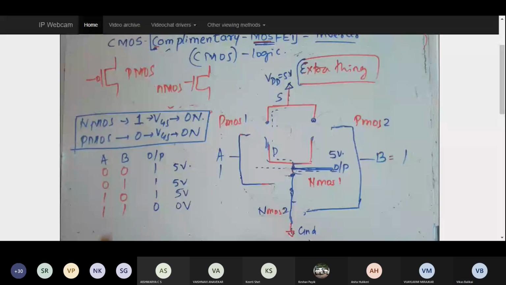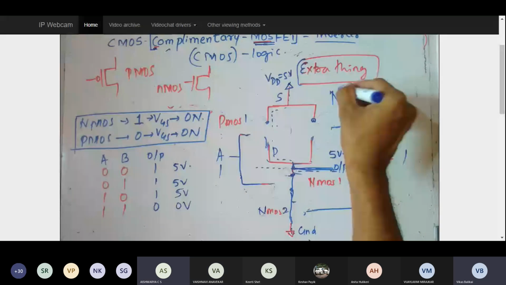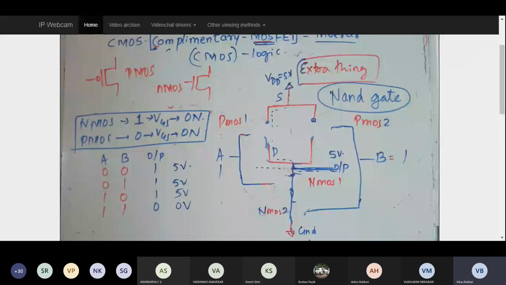Now, can anybody quickly tell me what kind of truth table it is? Exactly. NAND gate. Are you getting how the NAND gates are built? So this is how the NAND gates, AND gate, ಏನ್ ಬೇಕಾದ ಲಾಜಿಕ್ ಬಿಲ್ಡ್ ಮಾಡಬಹುದು. But I just show you how to analyze. Now this is not there for your examination or not there for your content purpose, but this is only to tell you how to do the analysis. Are you getting the point how I am doing the analysis? So based on that only I did my analysis for my inverter.